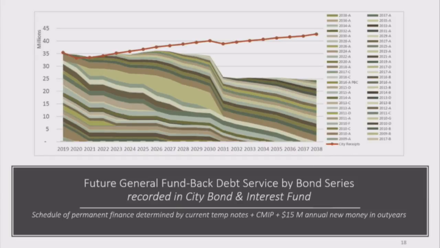I will note that also built in, this is showing total debt for the city, which includes the enterprise fund debt. And so we have the enterprise fund revenue also built in to these totals. Debbie, I want to be clear. So when it says plus 15 million annual new money in out years, currently we are putting $15 million to capital bonding. Yeah, that's correct. So you've added that in. And based upon this projection, even with those additional infrastructure outlays moving out to the future, there is sufficient revenues generated to cover. Right. Okay.